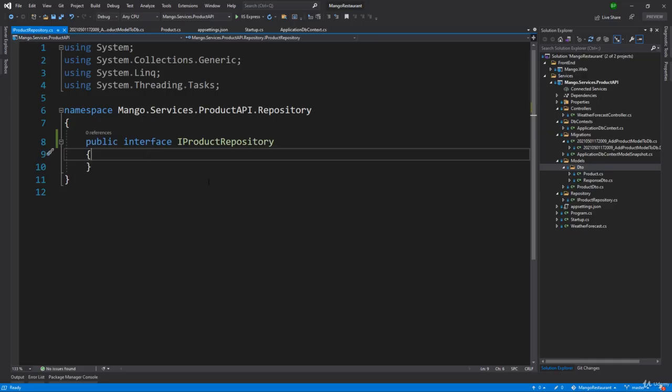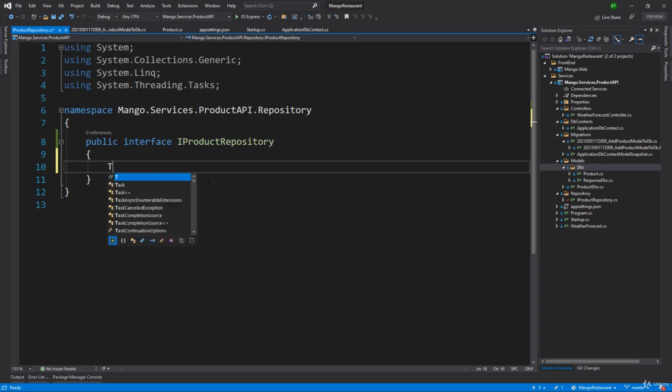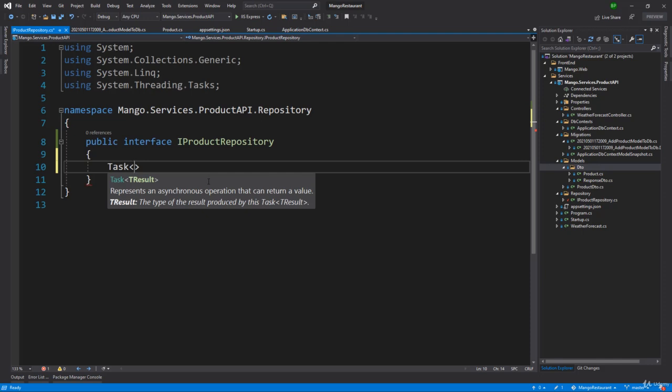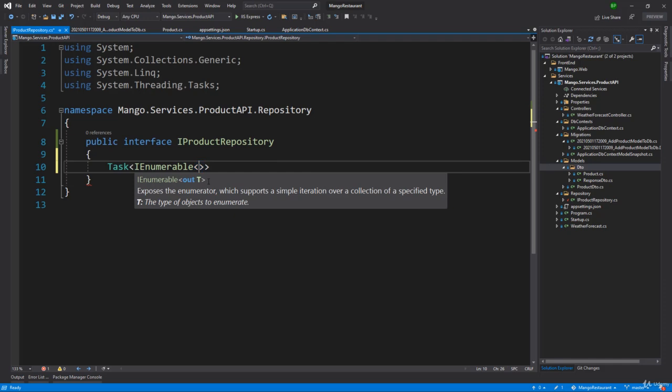Now we have our product repository. In there, what will be all the methods that we want to perform the CRUD operation? So first will be to get all of the products. So the return type will be Task because we want it to be asynchronous, and it will return an IEnumerable